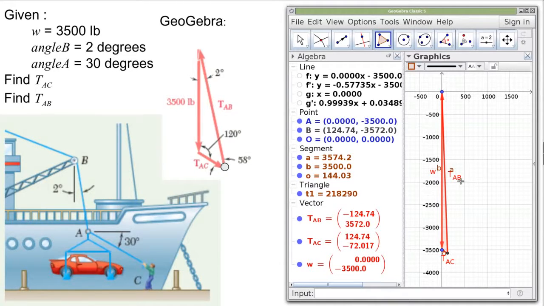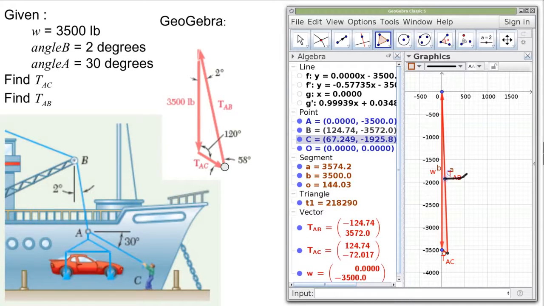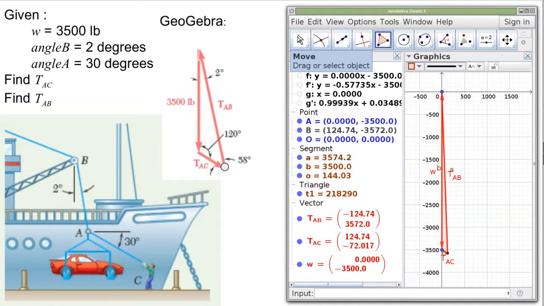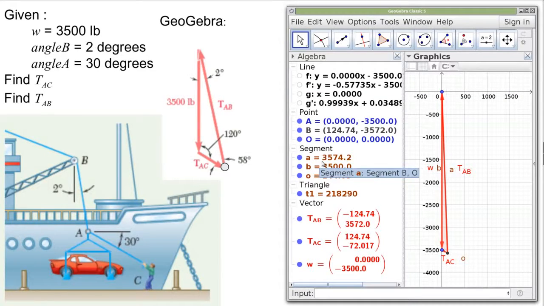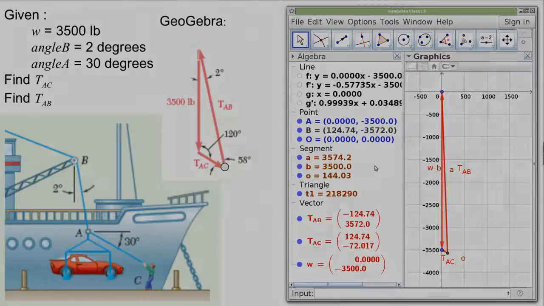So I get A is equal to this, TAB. W is equal to B, and TAC is equal to this. So those are my answers. Again, TAB is 3574. The weight is 3,500, which is what we were given. And our force off to the side is 144 pounds. Okay,